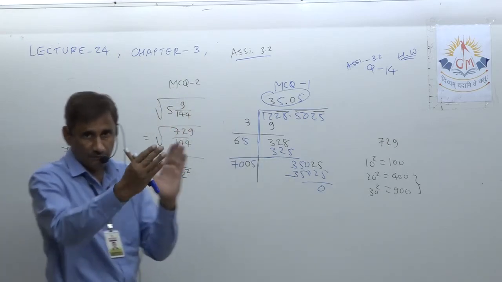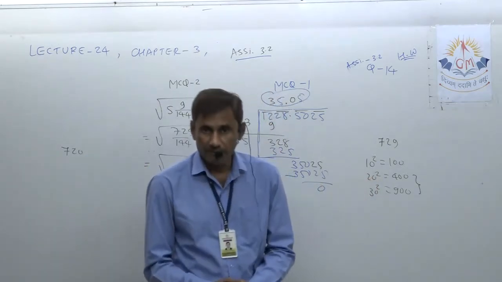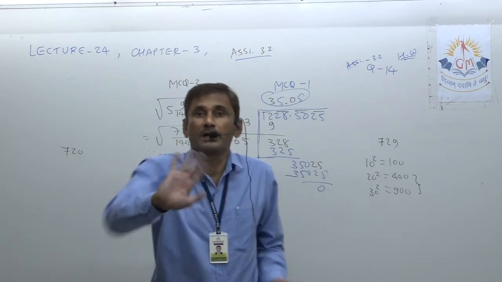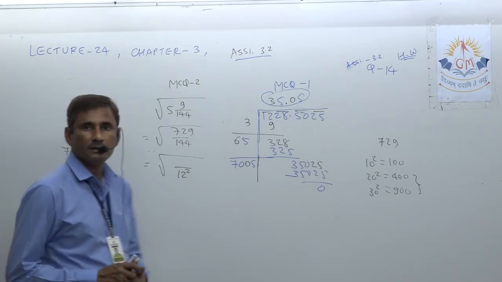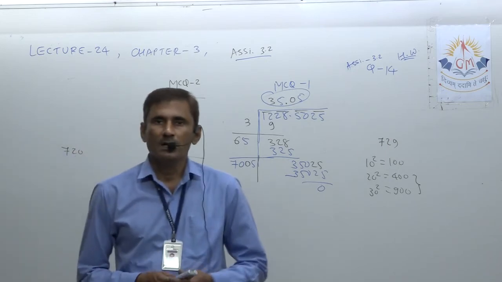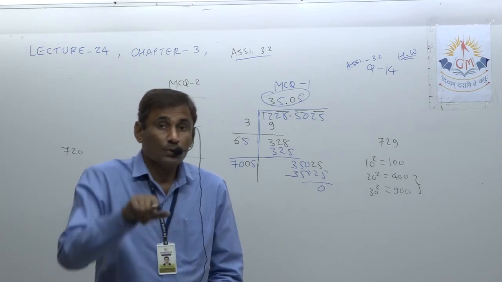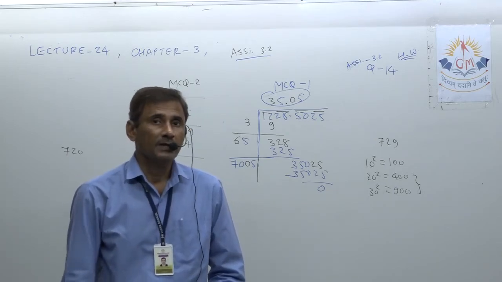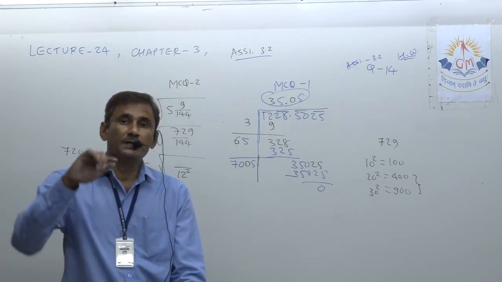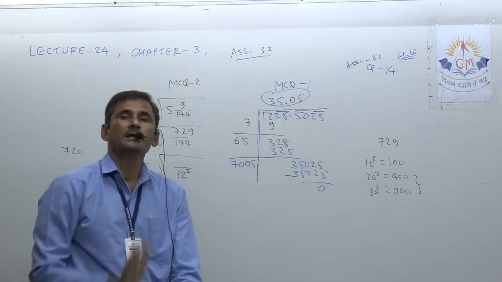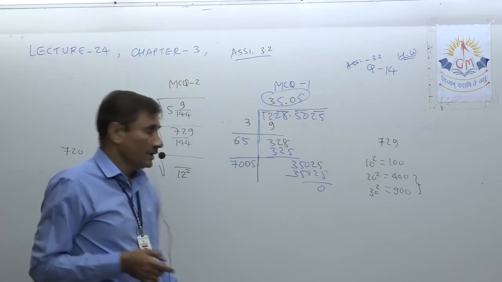Range means from where to where it may be. So it may be between 20 to 30, it may be 21, 22, 23 up to 29. Any number may be there. But now look, the last digit is 9. So 9 is possible whenever you make the square of either 23 or 27. Why? You know that rule. If the last digit is 3 or 7, then only the last digit of the square will be 9. Because 7 7s are 49, 3 3s are 9. You know that. Again I am repeating.